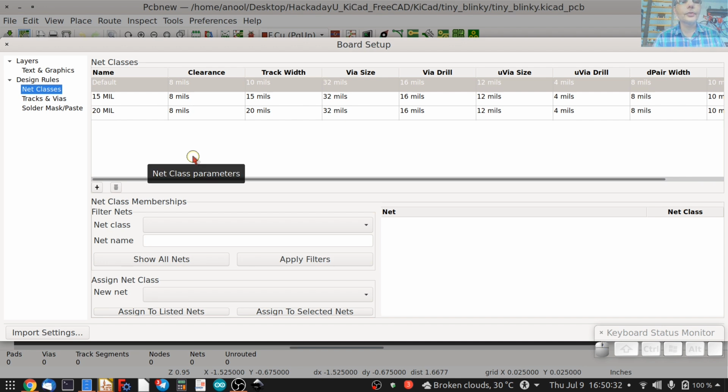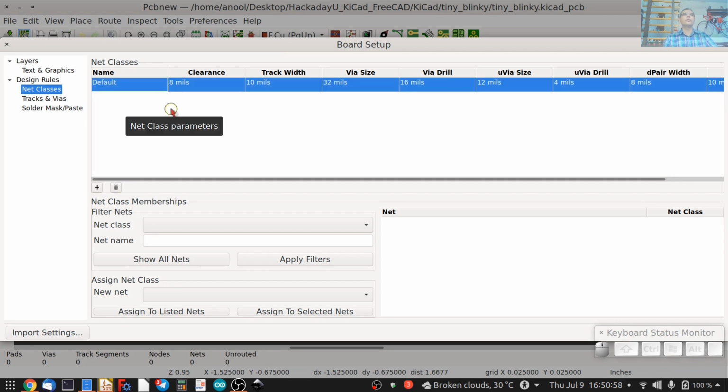Net classes. This allows you to set up different track widths, for example. So if you have a plus 5 volt rail and you want it to have a thickness of 20 mil, for example, you can do that using this dialog over here. So this is the default that you get, a default class with 8 mil clearance and 10 mil track width.